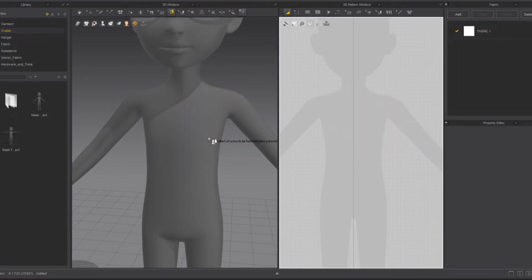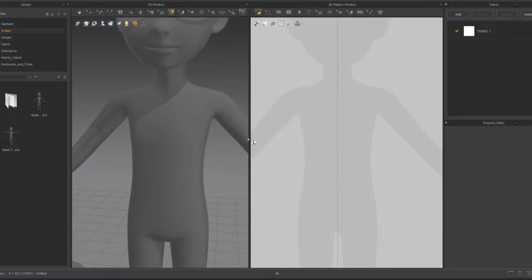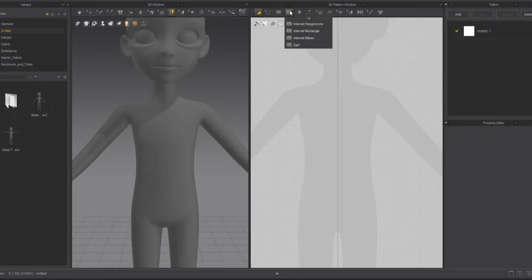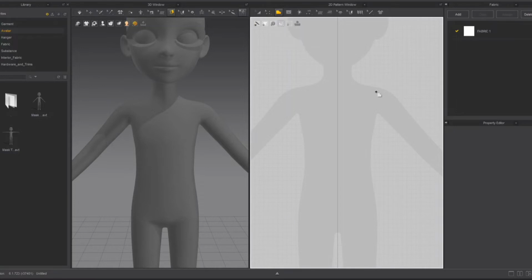Now let's try making them on the 2D window. Check out the toolbar and choose the Polygon tool. This will allow us to draw patterns freely into shapes. The method is pretty much the same as before. Mark a start point. You keep making points. If you want a curved line,